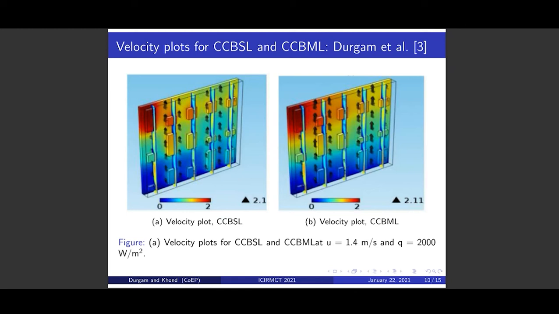The velocity in the bottom row at the inlet is 1.4 meter per second at entry. At the middle row it is a little higher than 1.4, and in the top row the highest velocity occurs, 2.1 meter per second, near the heat source placed at the extreme left corner of the top row, where the highest temperature occurred.